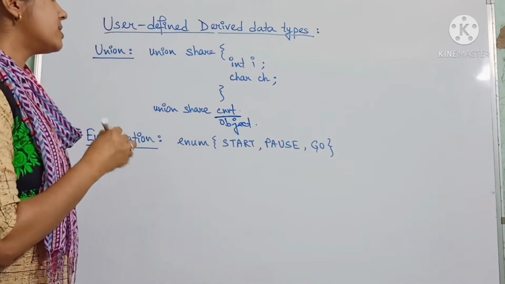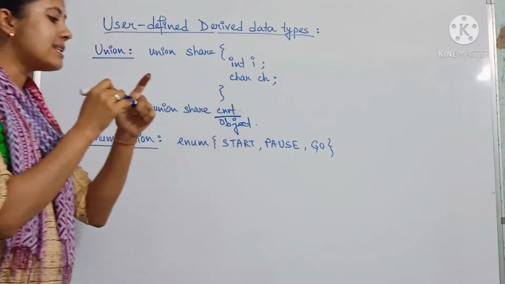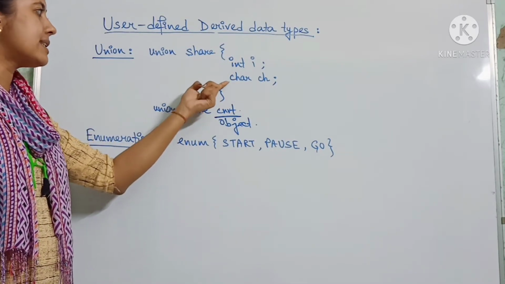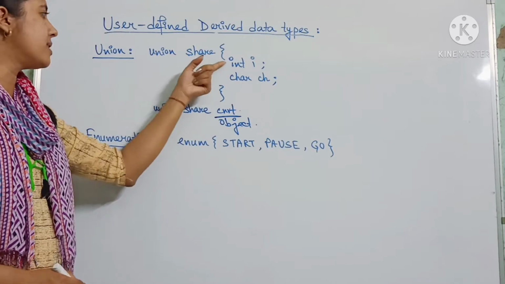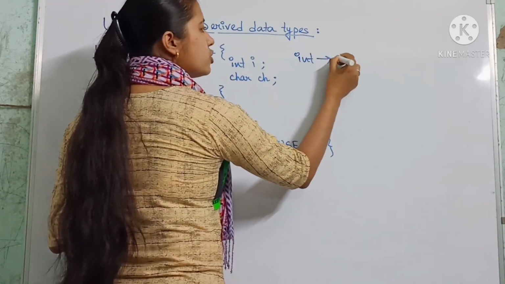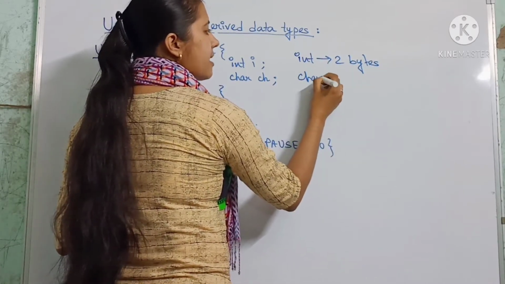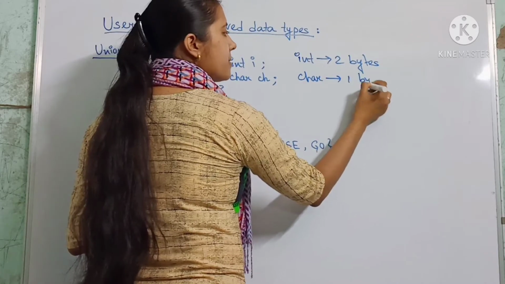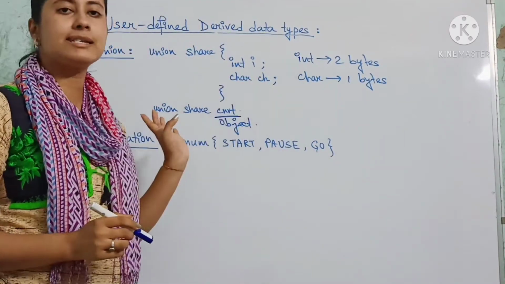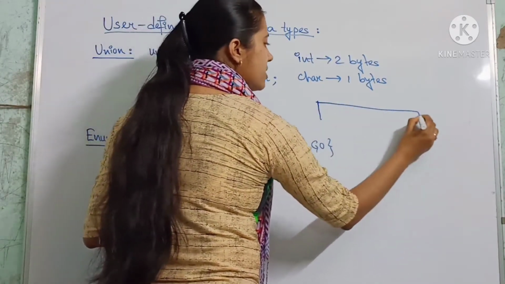So what the union does is it looks for the highest data type. Here, between integer and character, what is the highest data type? Integer, because integer has 2 bytes of memory, you remember, and character has 1 byte of memory. So always remember that a union always searches for the highest memory allocation. So it gets the integer, then what does it do?